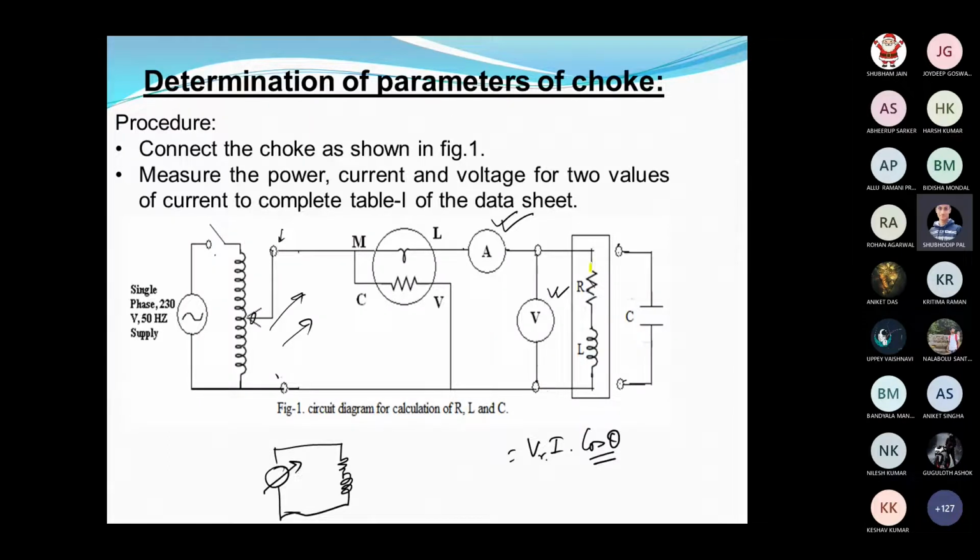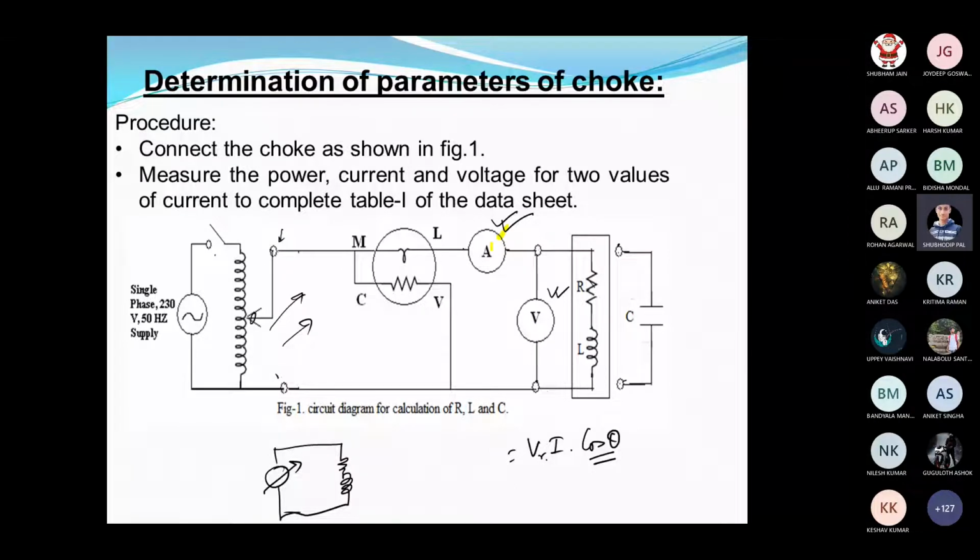Say in a circuit we have the R and L series combination, and we will be measuring the power. For power measuring, in the earlier case I have not shown you this power meter. This is the watt meter. Through this watt meter we are connecting this R and L. So in the circuit we have to connect like this, and then we get the power from here, the voltage across the load from here, and whatever current is flowing, we get from this.